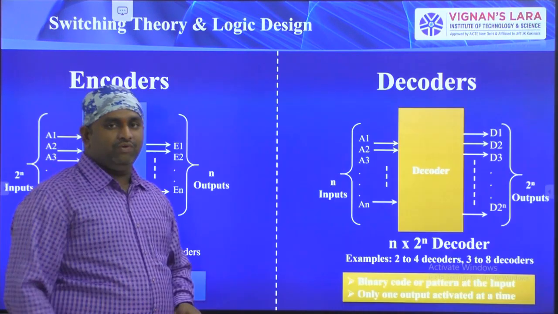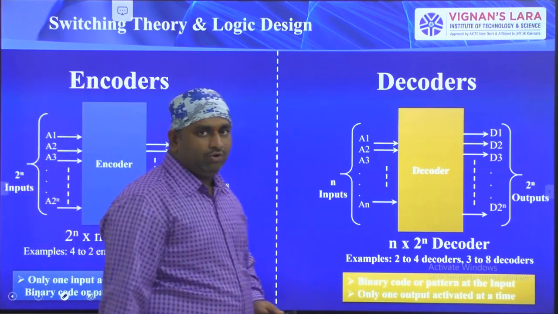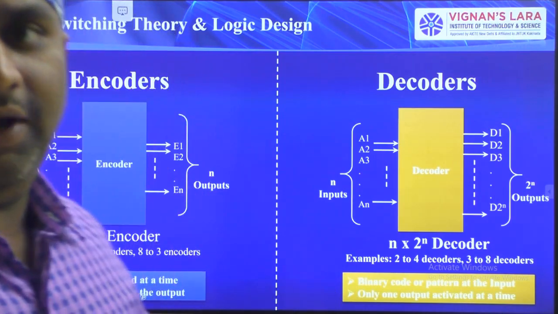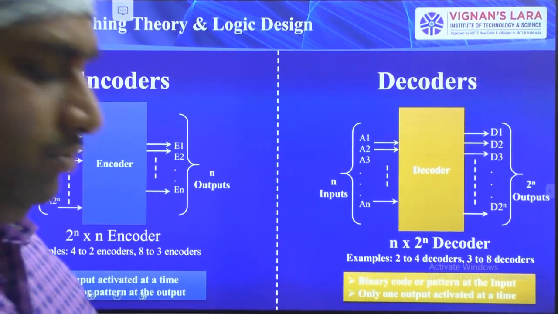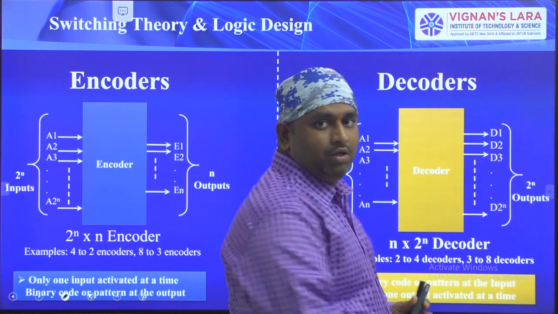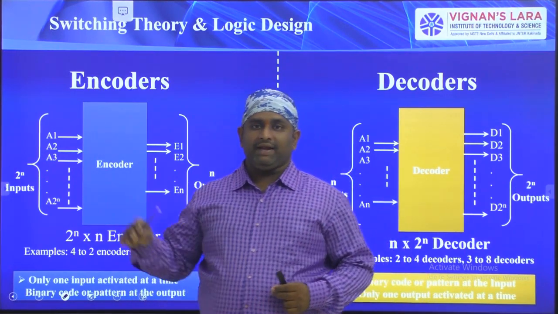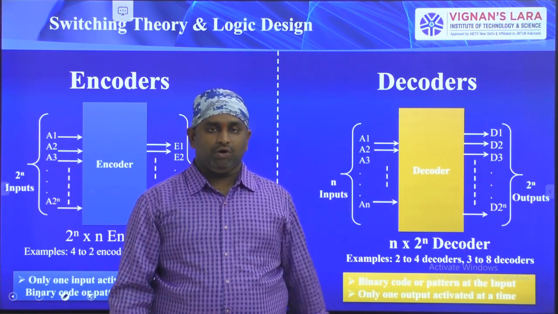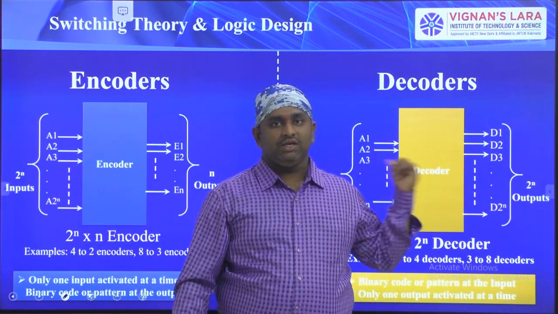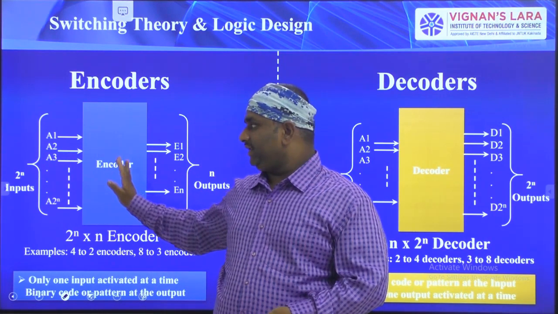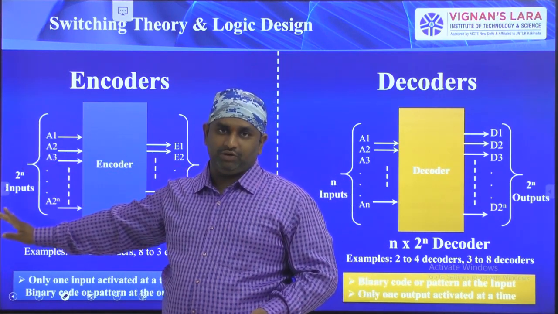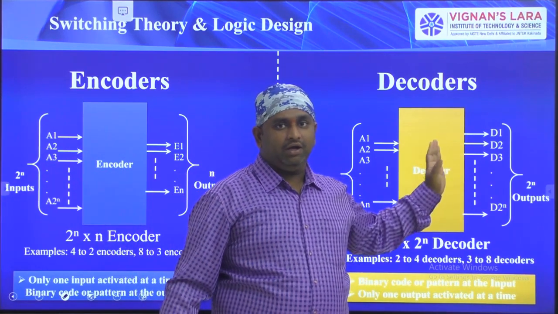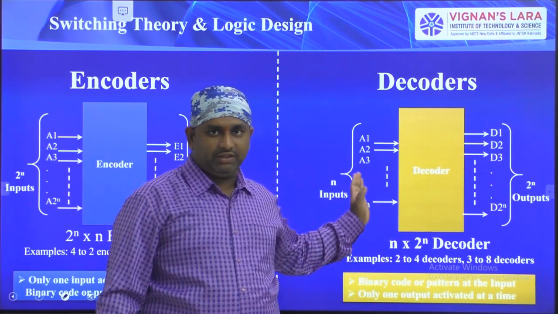Right. Now we will see the definition of encoders and decoders. Now coming to here, my right side part is the encoder and my left side part is the decoder. Okay, this is the encoder, this is the decoder. On the transmitter side we have a lot of information, and on the decoder side we have very little information at the input side.